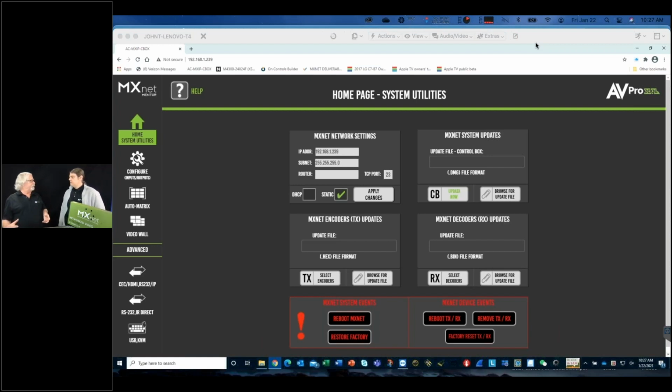Yeah, first, how did you get into the system? I mean, you're just on your computer right here, we're controlling it, but how did you get to this MXNet Mentor, and how did you connect to that control box? Okay, well, the control box is simply using any standard modern browser. It could be Explorer, it could be Chrome, on Macs it could be Safari, even iPads, that kind of thing. And I entered the URL if I was on the local area network, because this can be on the local